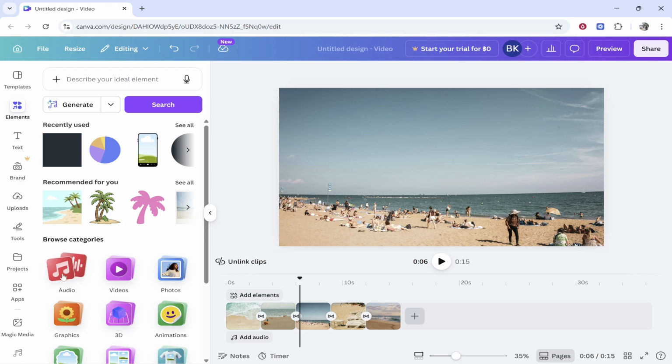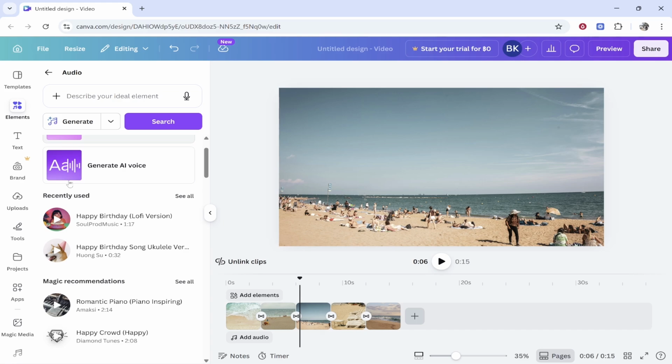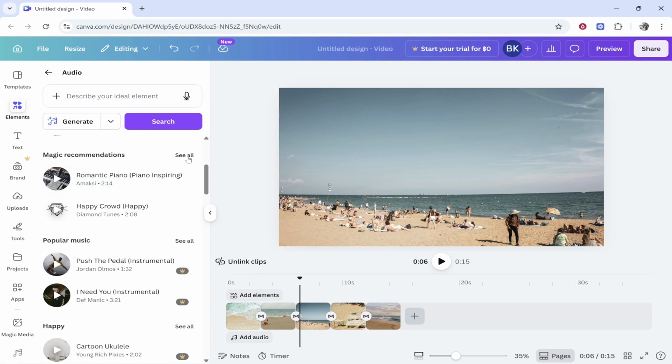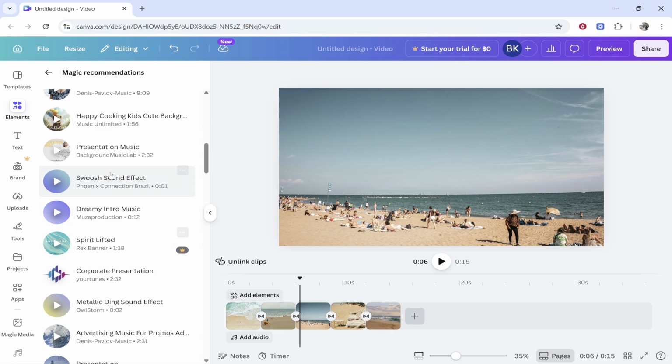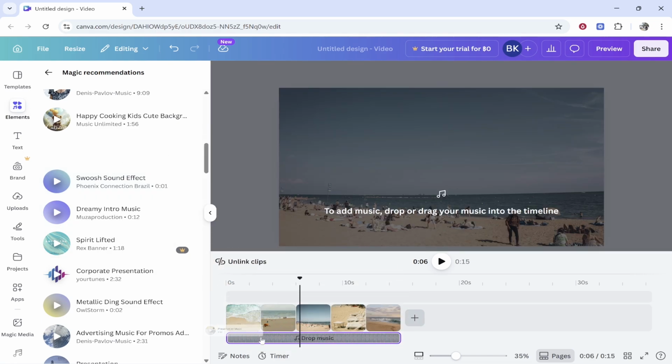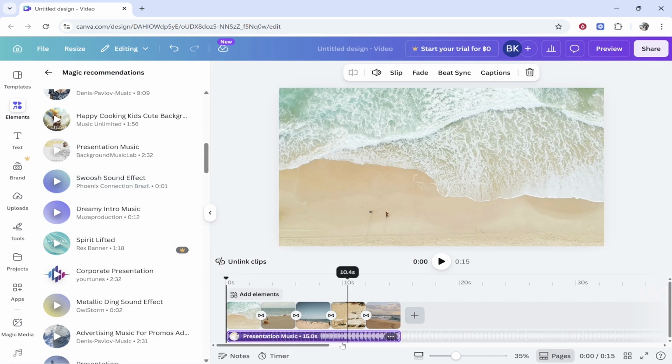So if you go to Browse Categories, you can find Audio, or you can go ahead and search for it. Inside of Audio, you can go to Magic Recommendations and click See All, and you can use any of these recommendations. And you can just simply drag the music onto the timeline and you'll be able to preview it and